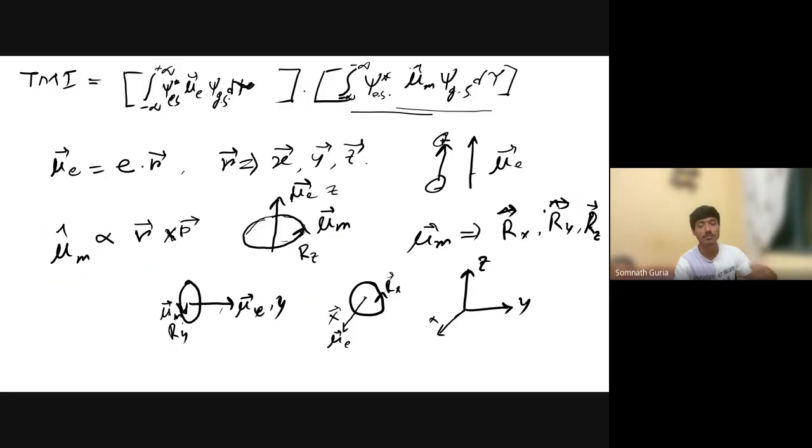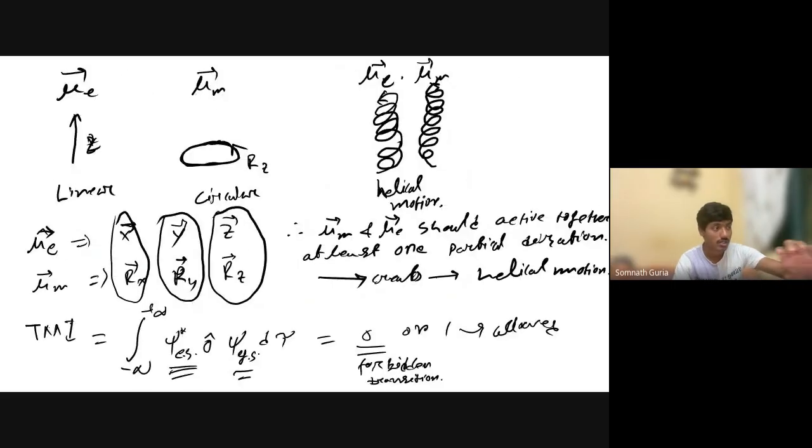A magnetic moment is produced, which can be denoted by Rx, Ry, and Rz, a combination of those or one particular direction. And this combination of the electrical dipole moment and magnetic dipole moment will form the helical motion of the molecules. Okay,